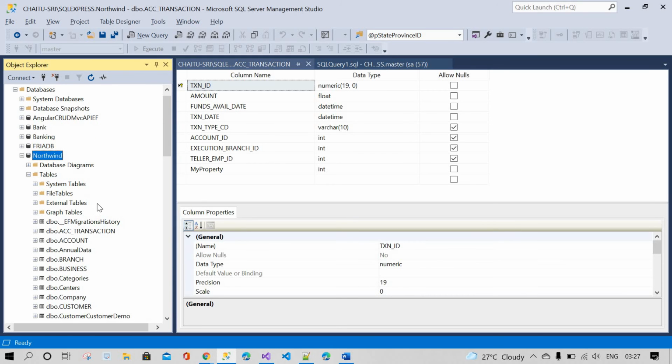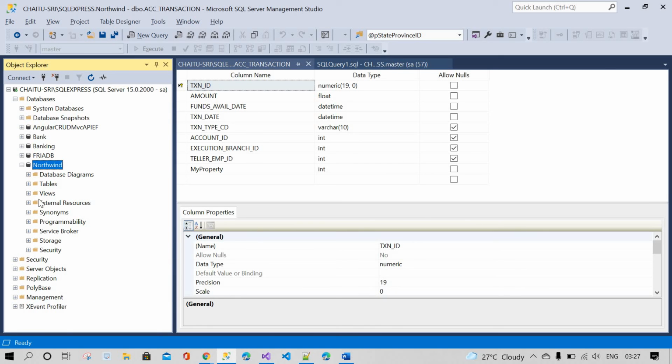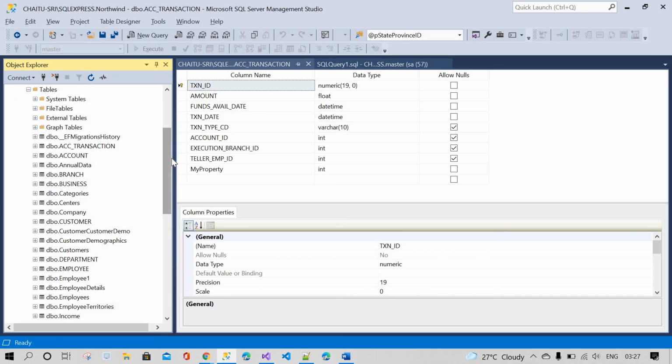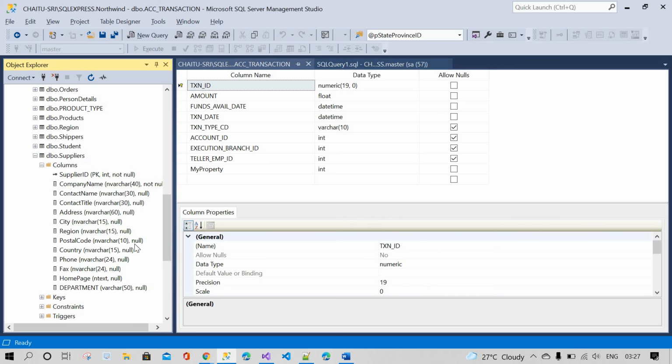We will refresh the entire DB. Refresh. Now we will check Supplier. Why is it not updated? What happened?